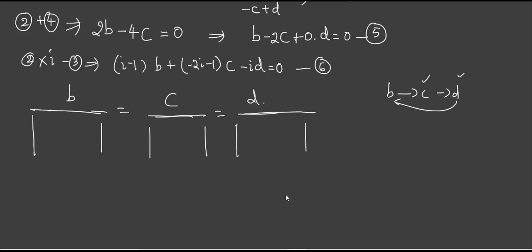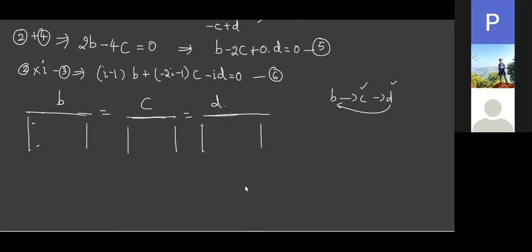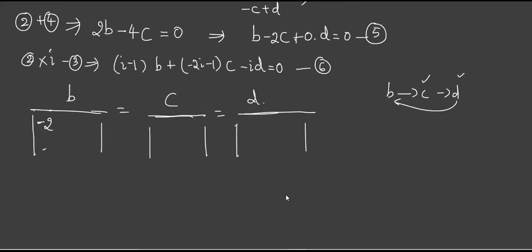I'm writing the denominator of B. Here I should write the coefficient of C, for both. From equation 5, what is the coefficient of C? Minus 2. Along with C, you have minus 2. Down you should write the coefficient of C from the second equation. Next equation, what is there? Minus 2i minus 1. I'll take a minus out and write 1 plus 2i, to avoid so many minuses. First I am writing the coefficient of C, then I should write the coefficient of D. This is what the method is.